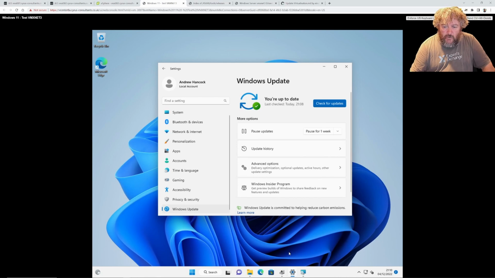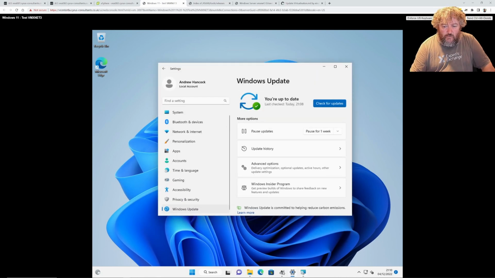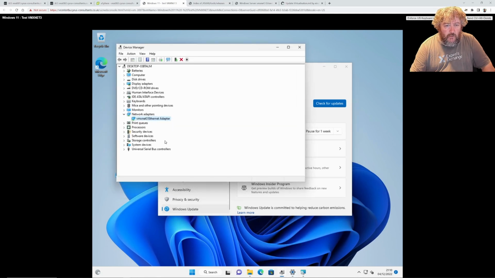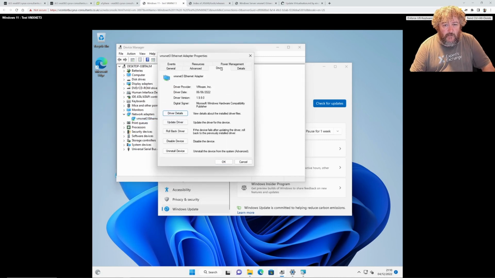And I did notice, just like our Windows Server 2022 server, it also pulled down a VMXNET3 driver, which also happens to be 1.9.9.0 as well. So one of the other things I'm going to do, I've already downloaded the 12.1.5 VMware Tools